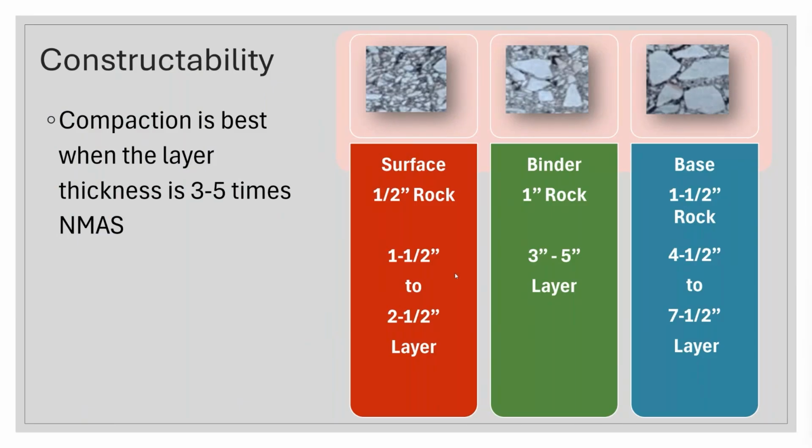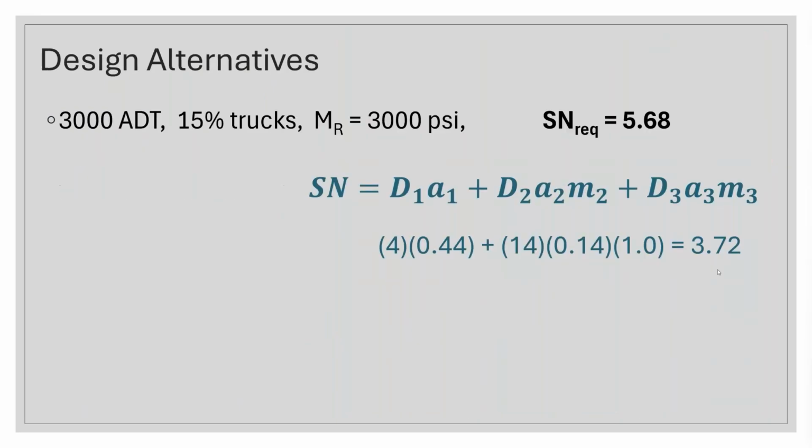And one of the key factors in being able to produce a good asphalt pavement is to be able to get density. So I've got to compact it well. So I'm looking for a surface somewhere between 1.5 and 2.5 inches thick. That's why most of our overlays tend to run around 2 inches. A binder or intermediate course might be 3 to 5 inches. A base course will be something thicker, usually 4.5 to 6, maybe 7 inches at a time that we can compact. Okay, so keep that in mind as we start looking at these thicknesses.